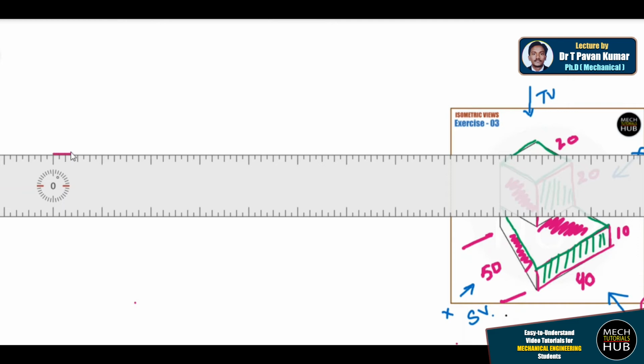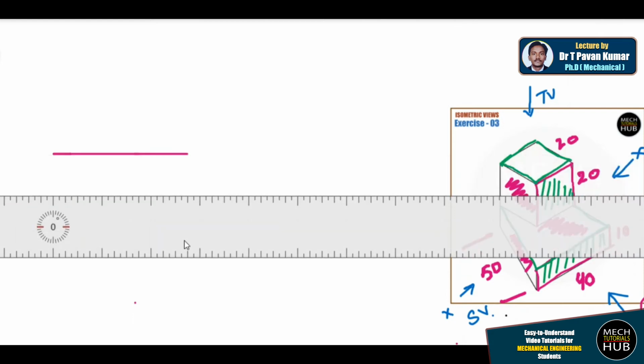This is 10 mm, 10, 20, 30, and 40. Or else conventionally I'll extend the line till here. Let me consider this as 40 mm and at an offset distance of 20. This 20 distance has to be shown.